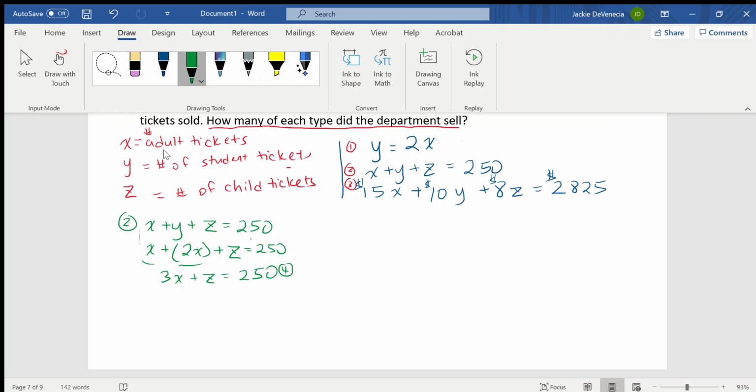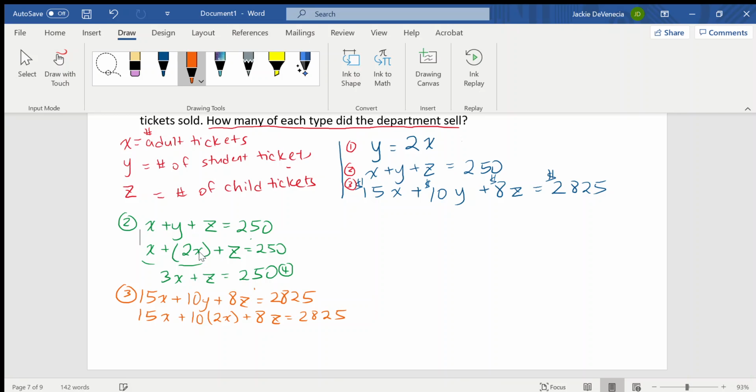And now I'm going to do the same thing for the third one. So this is my third equation. We have 15x plus 10y plus 8z is equal to 2,825. Instead of writing y, I'll write 10 times 2x plus 8z is equal to